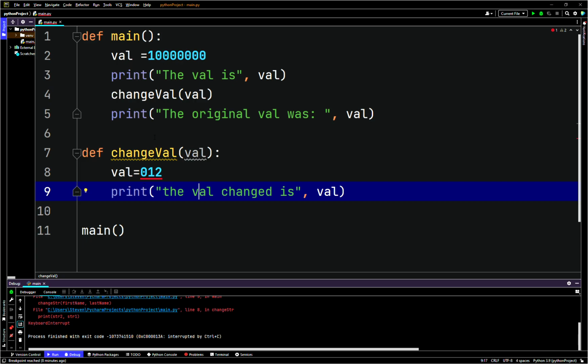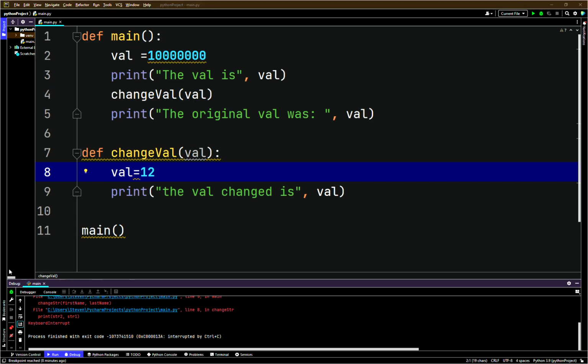Oh, it doesn't like that. Python doesn't like the 0 there. That's interesting. Okay, so the val is 10 million. The val. Okay, so what happened is, excuse me. So we have